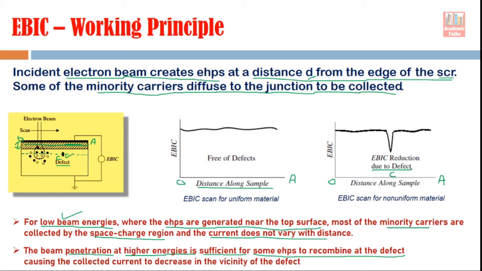Now I hope you understand this entire phenomenon: when this electron beam scans this portion, and electron hole pairs are generated and collected by the space charge region, they constitute some current, but the current will get reduced if there is a defect present in that portion. That way we can locate the position of a defect in the semiconductor material. Now suppose someone wants to scan this sample again, but at a higher depth, meaning we want to do profiling at this particular depth. So what do we have to do?